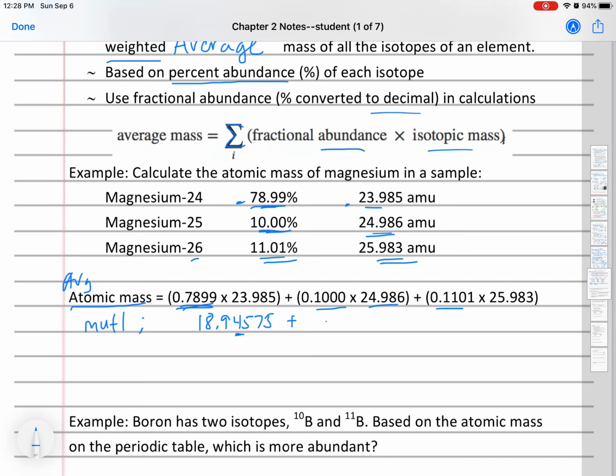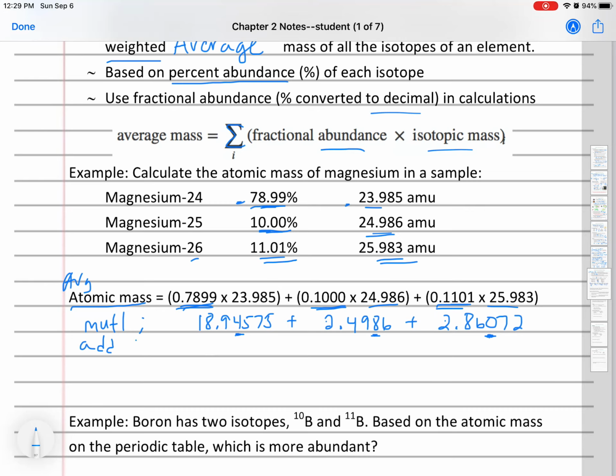And then we've got the product of this, 2.4986. And again, it's going to be 4 sig figs, so I'm going to put my little placeholder under the 8, plus the product of this, 2.86072, says my calculator. Again, this number has 4 sig figs. So this is significant 4 places out, because these are multiplication problems.